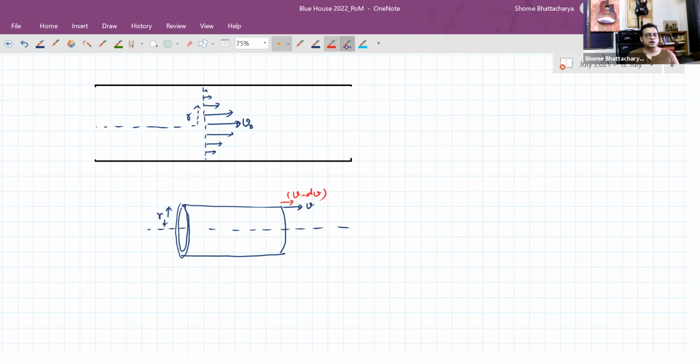So what is happening? The outer surface of this shell will experience a viscous force because of that. It will experience viscous force like this. So that viscous force will have to be balanced by a force due to pressure difference. So if this is my pipe,